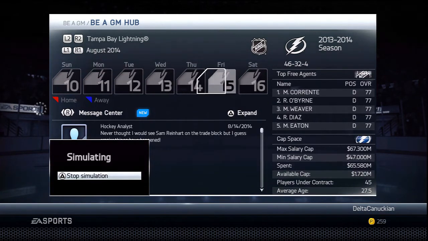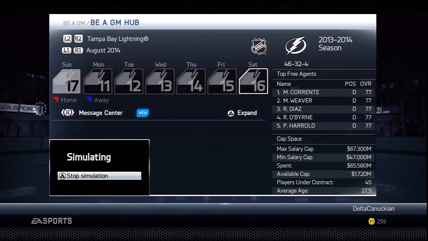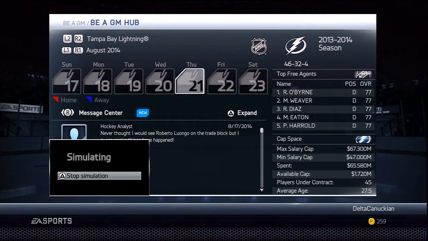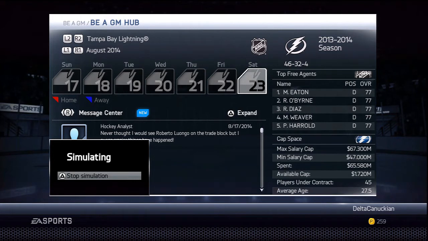But for now, I think the team is in good shape. Whatever we do will be done via trade. We got a lot of depth on defense, so we could sacrifice someone. For a lot of reasons, I think I'd want to drop...